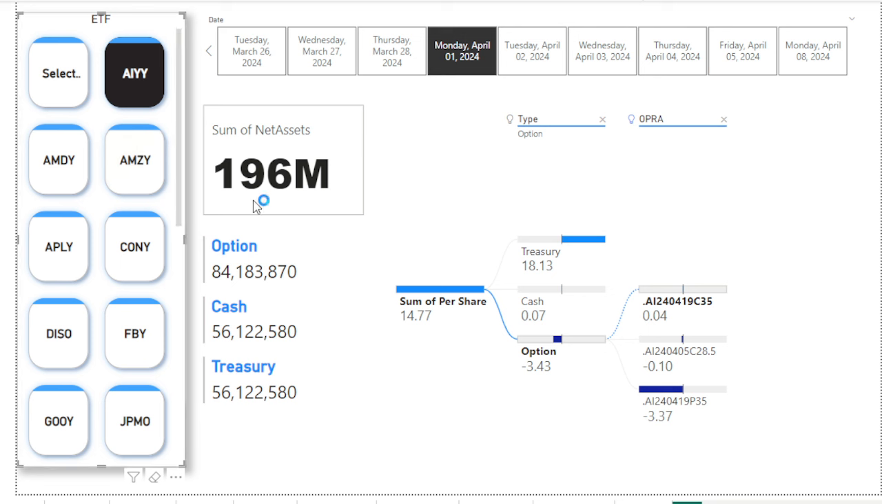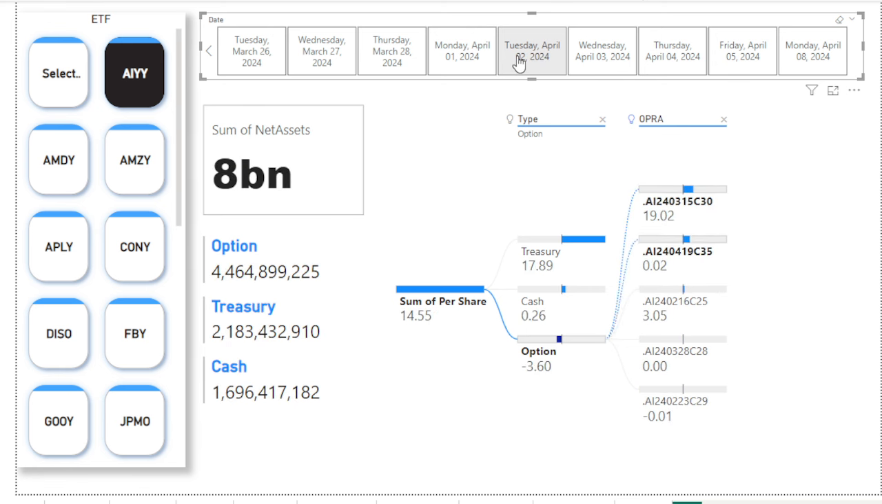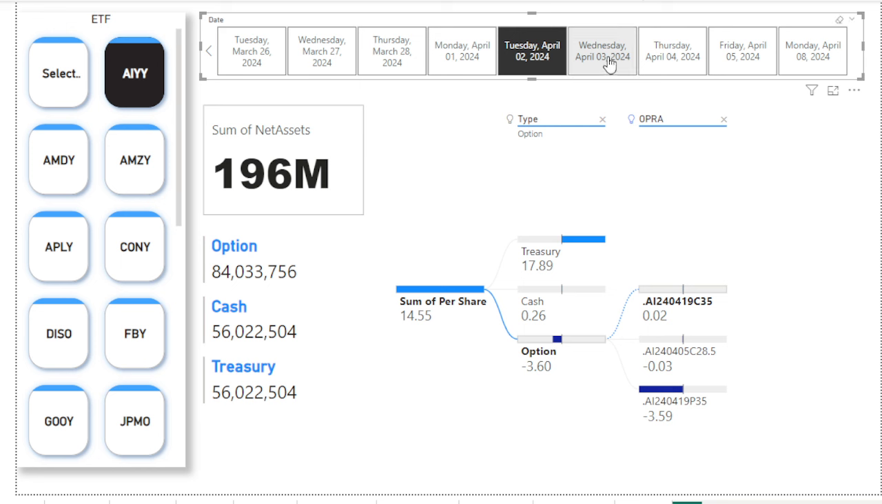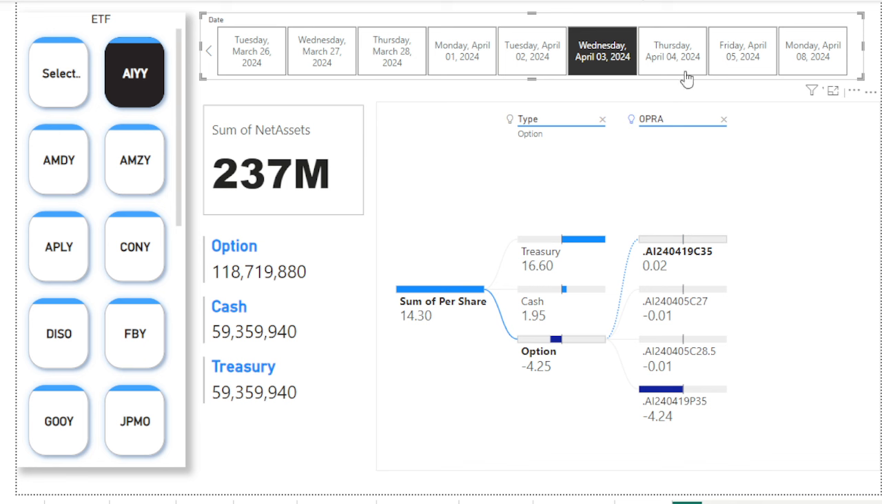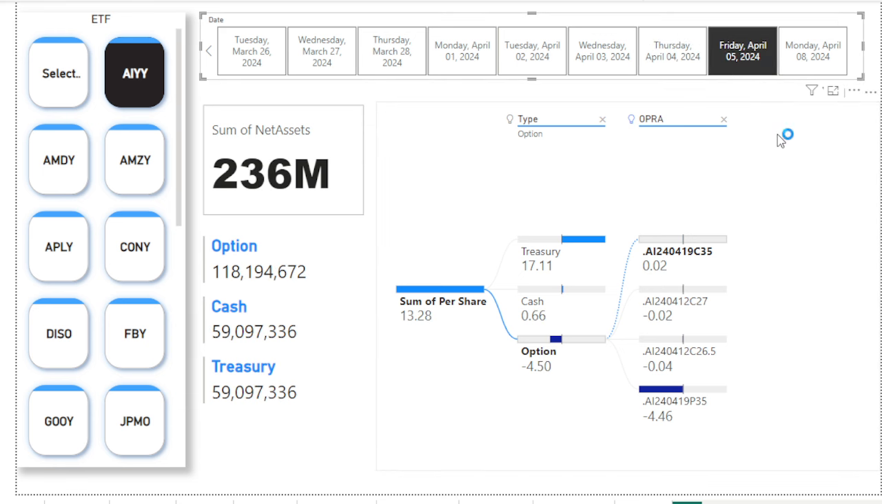So AIYY, why I like doing the dashboard more. I think visually it's easier to see what's going on, so you can see the sum of the share price, and then the breakdown, and you can also see the day by day change. So 196 million, and then on this date, 237, and then 240. Now bear in mind, this is a little slow because I'm back on an older machine,